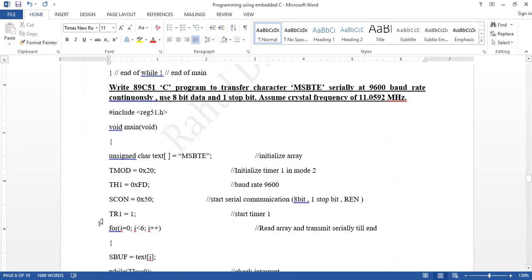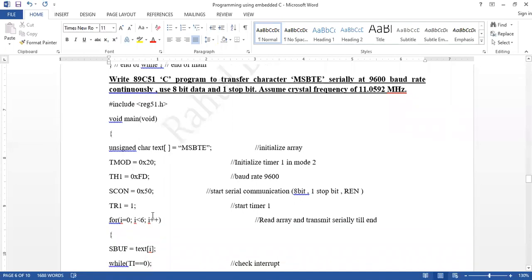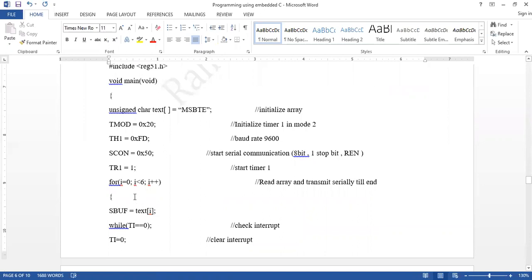Then TR1 is equal to 1 to start the timer. We know we load TR1 with 1. Then use one for loop. Why a for loop? Because we have 5 characters and we have to transmit them serially, one by one.